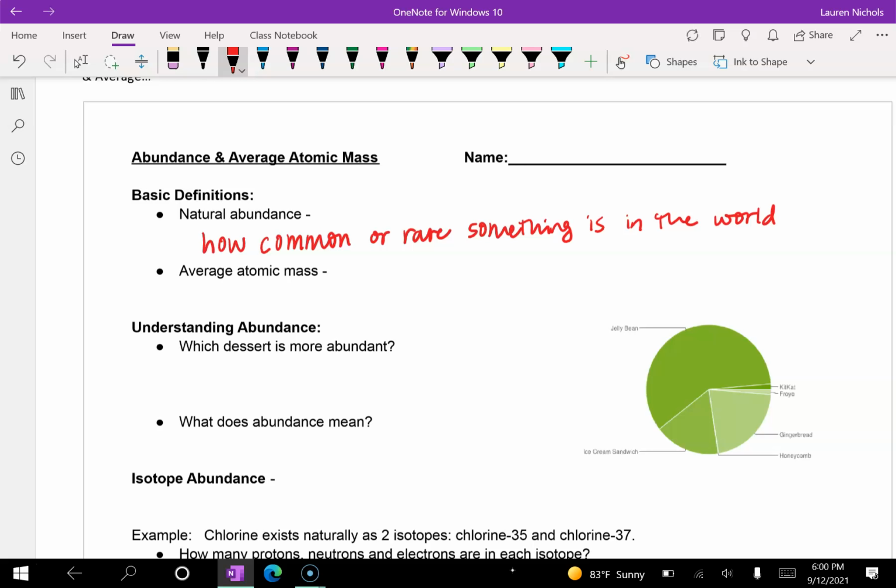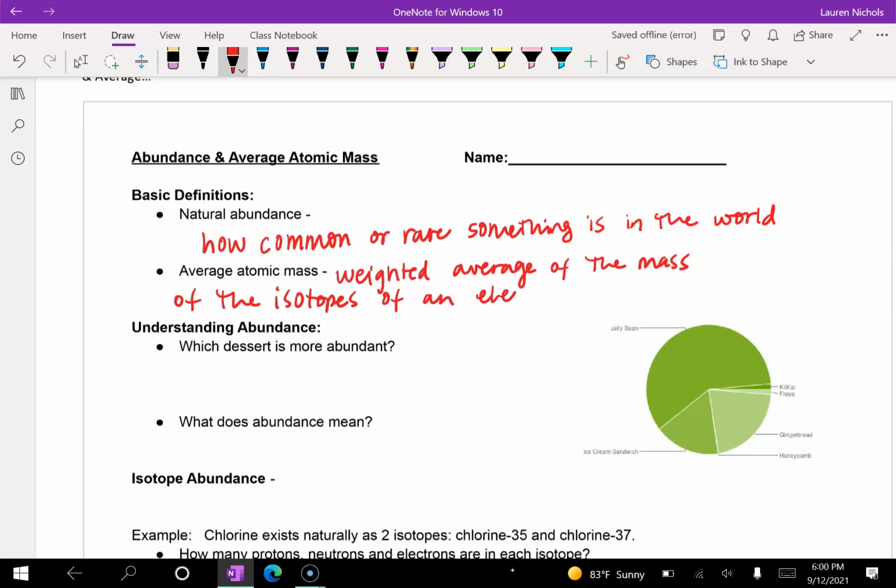Now, an average atomic mass is a weighted average of the mass of the isotopes of an element, and it's based on the abundance. Because not all of them are as common as others,